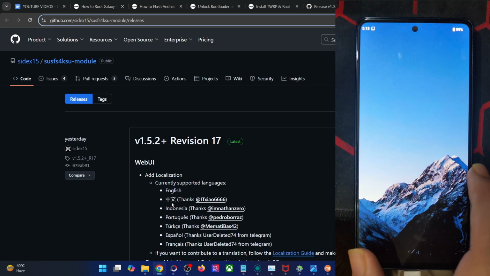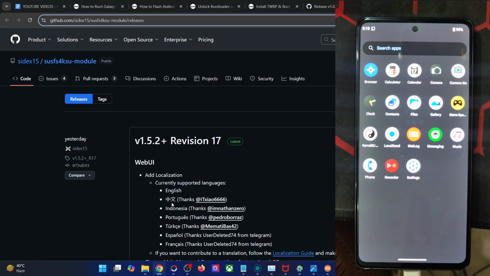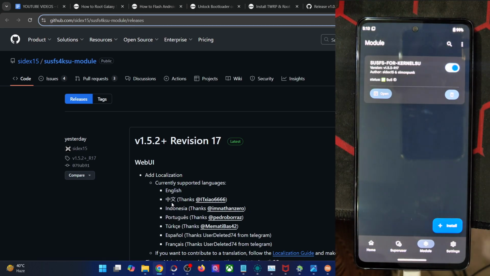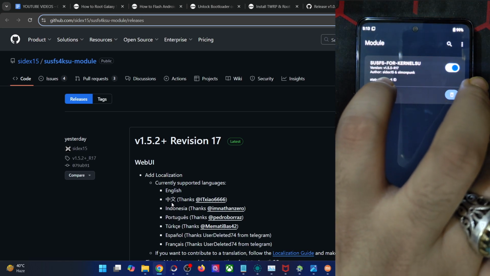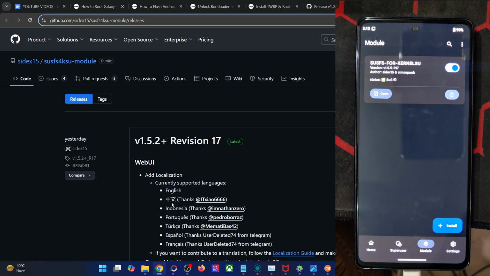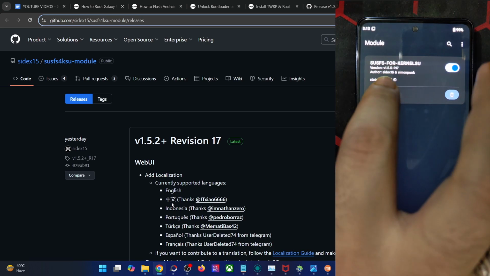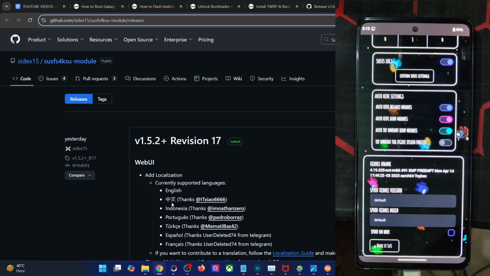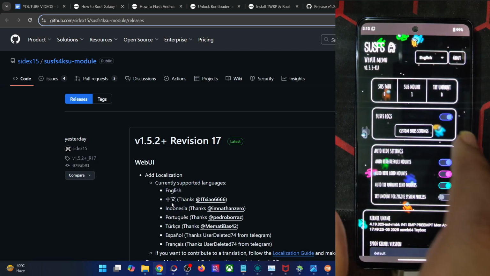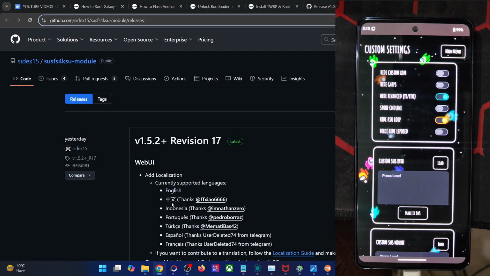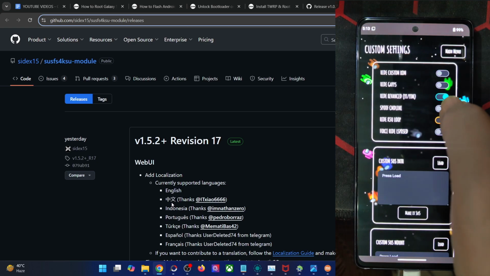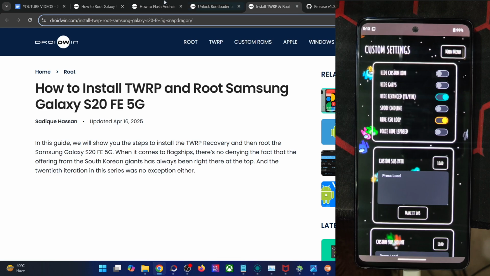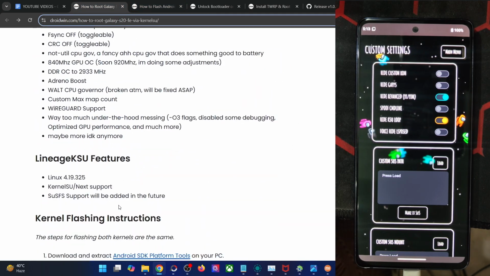And now you have to launch the KernelSU Next app. Launch it, go to the module section, and you should now see the status of a checkmark next to SUSFS, which signifies it's working. So now tap on open, and you could now customize it as per the requirement. Likewise, you could also go to the custom SUSFS settings, and from here you may enable or turn off the required toggle. Regarding this, I have given a link, so you should first have a look at the settings.